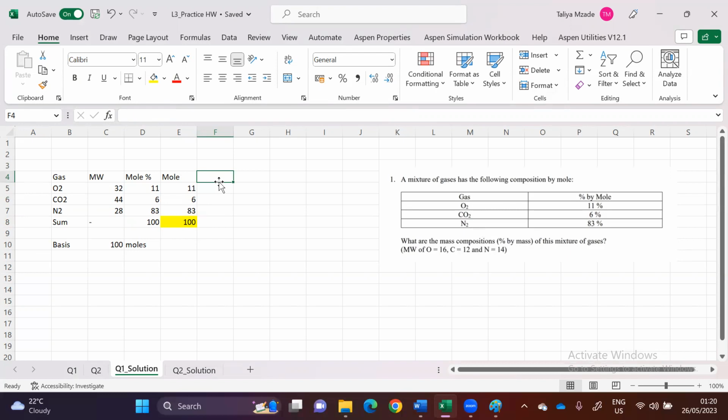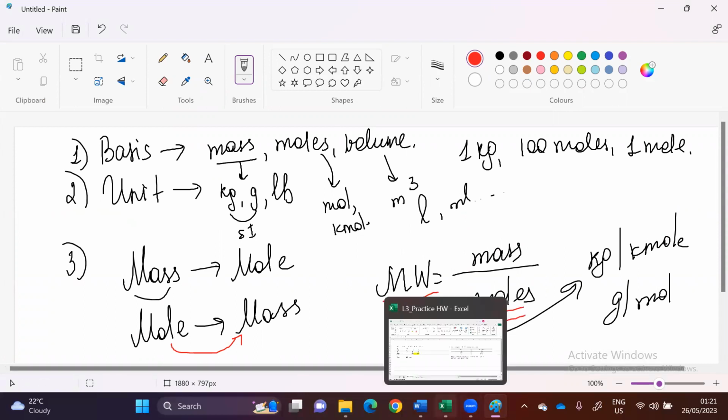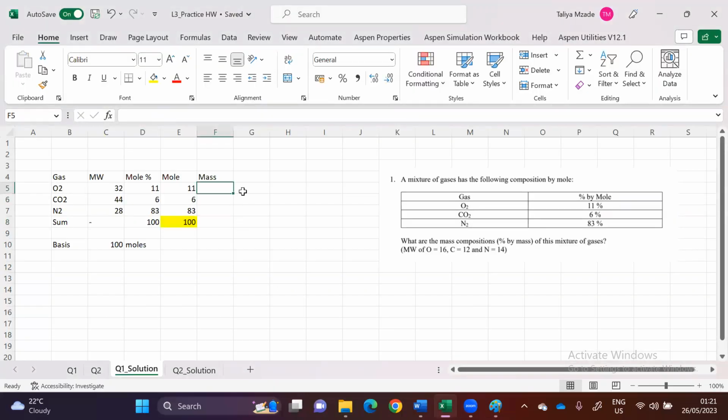So it means that I need to determine the mass. How to do that? Let's go back to the page again. I said that in order to convert mole to mass, I need to use this equation. So mass is equal to molecular weight multiplied by moles. Hopefully it's clear. And let's go back here. It's equal to 11 multiplied by molecular weight. So let's write all of them. And the summation will be